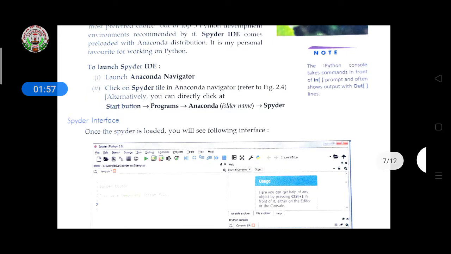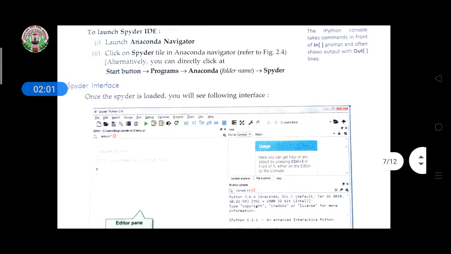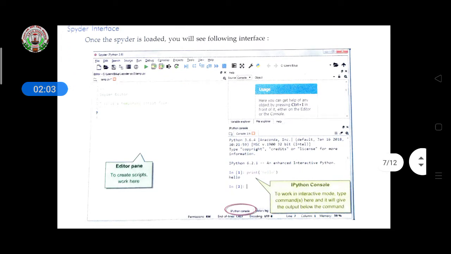So this is the Spyder interface. Once Spyder is loaded, you will see the following interface. See, this is the interface of Spyder IDE. Here the editor pane is given, and here the IPython console is also given. To see in the diagram, it is given here. The first one is the editor pane, to create a script and work here.